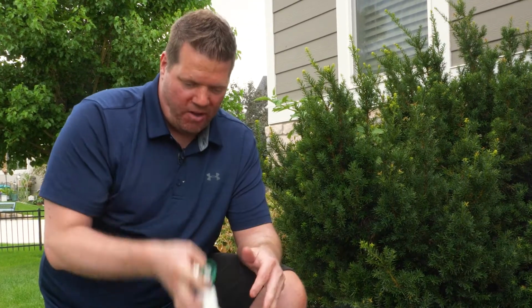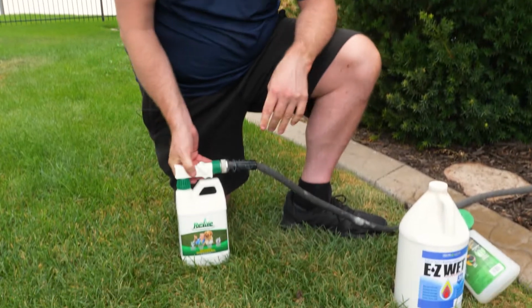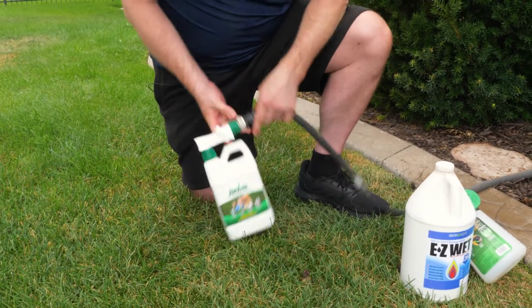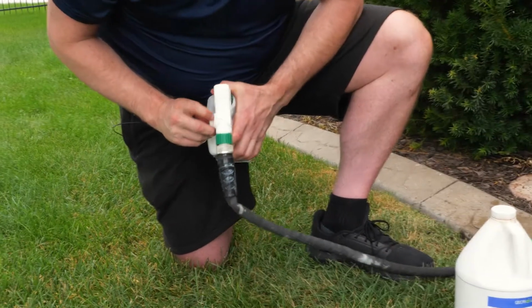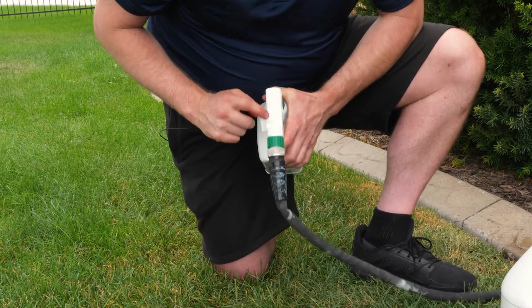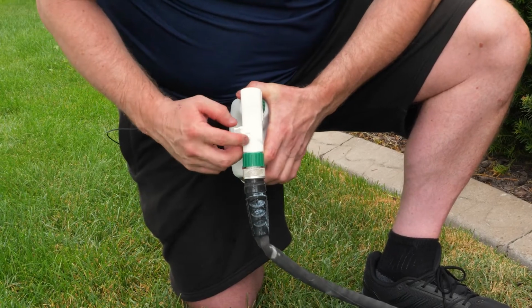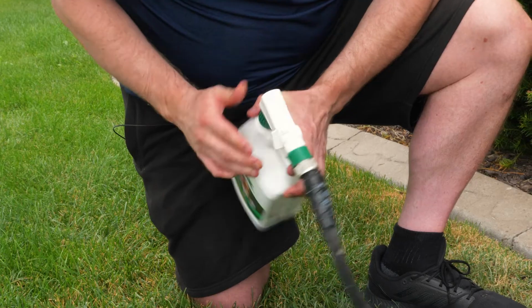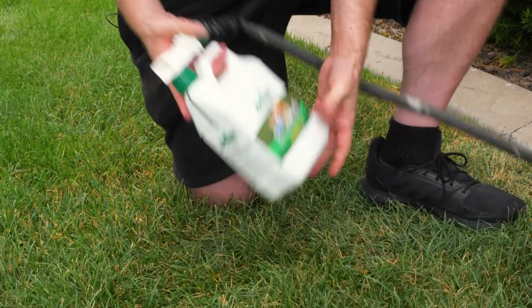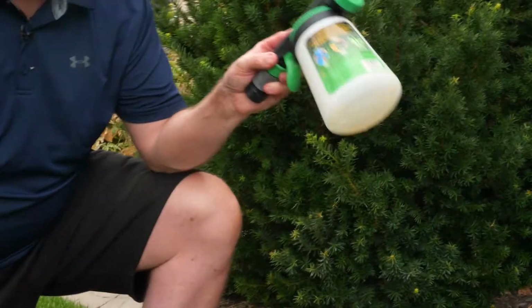Okay, so I'm gonna actually show you what I'm gonna do here. So we're gonna hook this on like that, okay? And on the side here, if you can see, it's currently in the off position. And then if you go to the center, it's just watering it. There's no mixture of it. And then if you go to on, then it will water with the mixture. Pre-mixes it, so it's wonderful. So you don't need one of these, which we'll go into next